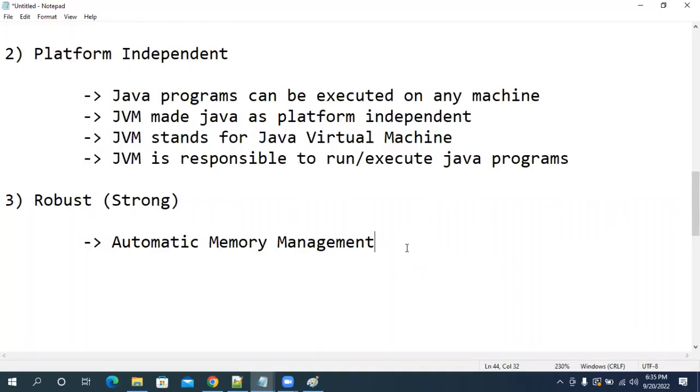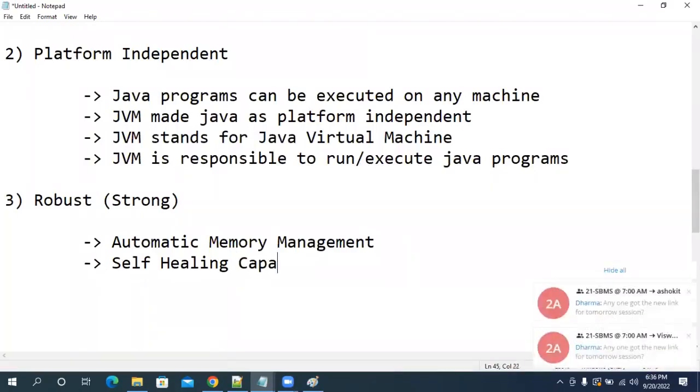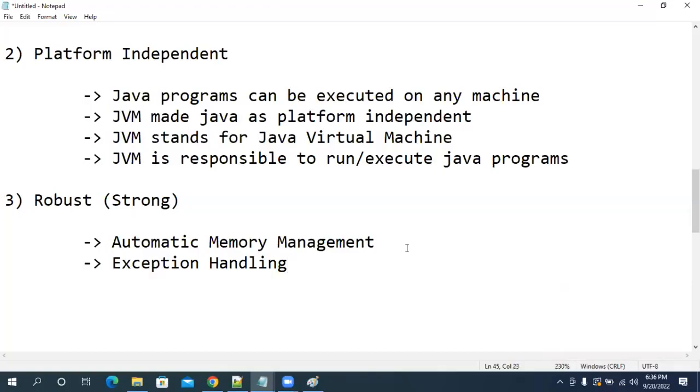And the next one, self-healing capability. What is that, guys? It is a high terminology. We can call it exception handling. Whenever a program is running, the program may fail.